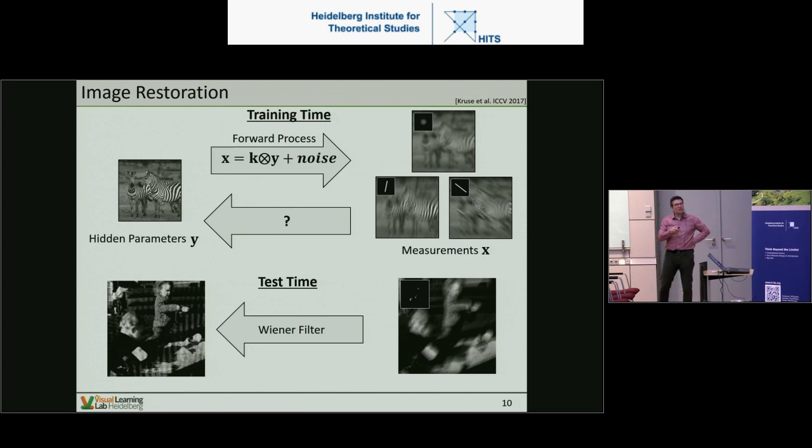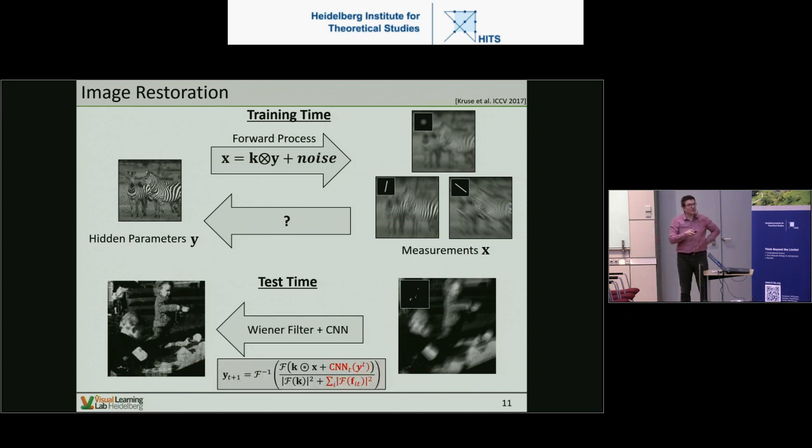So now if we have machine learning in there, it regularizes the solution and says, well, I want to have images here which look nice. Okay, so this is what the machine learning learns. And in this particular work, we happen to do iterative refinement with a neural network, the convolutional neural network involved in here. So these red parts come from the neural network parameters, and they are added into an iterative form of the Wiener filter. And in this way, you get this nice looking result here, where basically the network has to learn